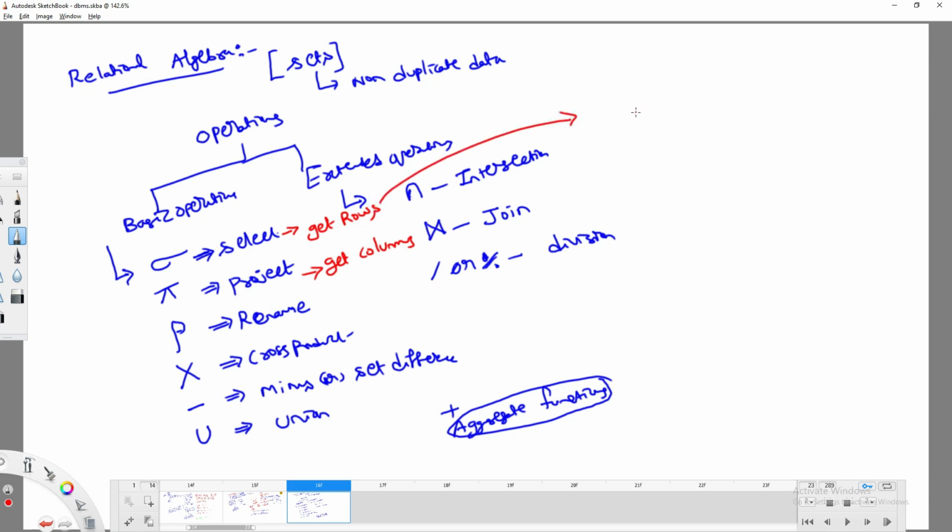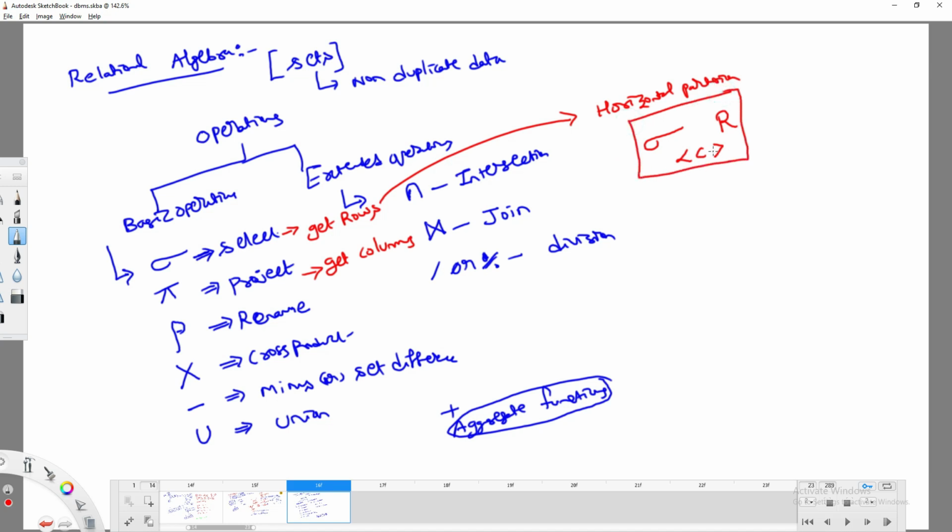If you look in depth at this, if I am trying to get rows as output, can I say that it is horizontal partitioning? If I take a table and make it horizontal partitioning. How are we going to write it? The symbol you write is sigma, followed by the condition, what you have to do, and on what relation you want to perform these operations. This is the structure you have to follow if you want to perform any kind of select operation.